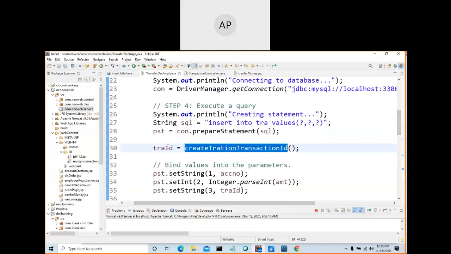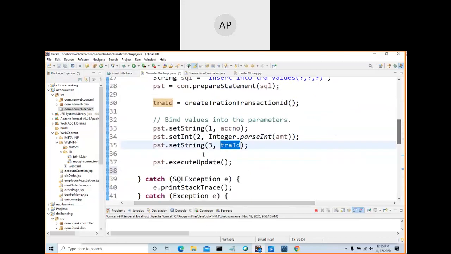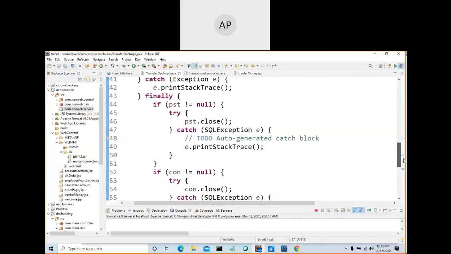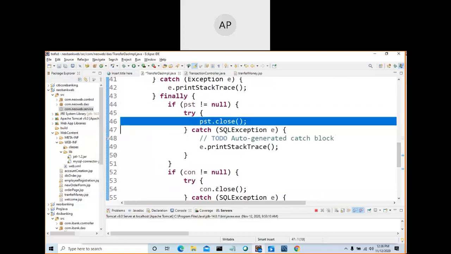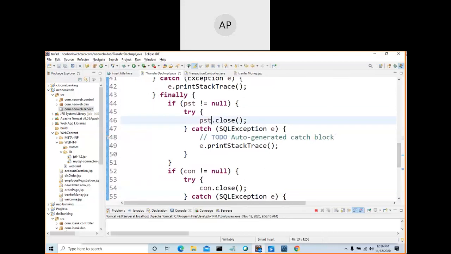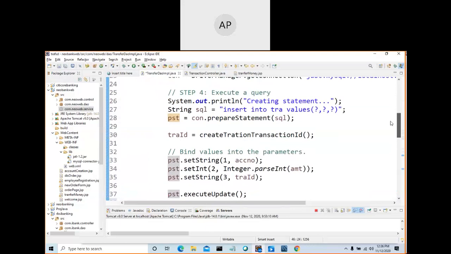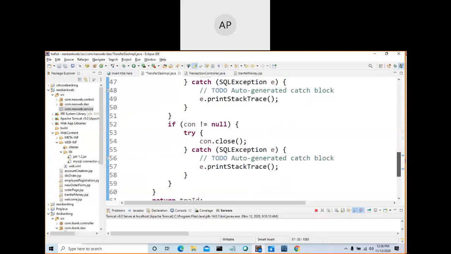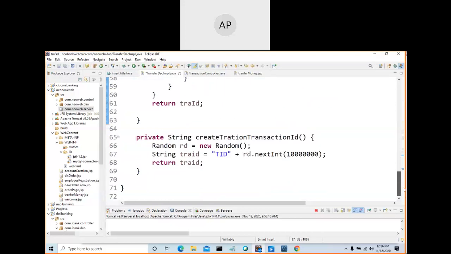So the fourth step, you are executing this one, creating the transaction ID. You are setting this ID and storing it here. Once this is updated, if there is a problem, it will go to the catch. Finally, in the finally block, we are closing everything: statement.close, connection.close. If there is a problem here also, it will be caught here. You can understand why we are doing this, but we are going to create only up to this. That's all.